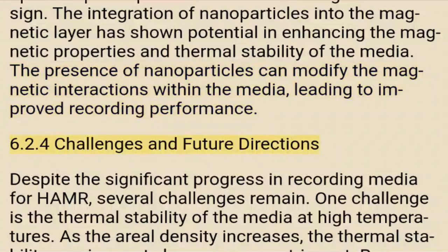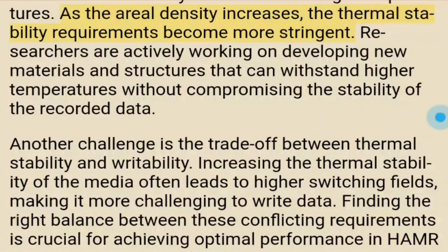6.2.4 Challenges and Future Directions. Despite the significant progress in recording media for HAMR, several challenges remain. One challenge is the thermal stability of the media at high temperatures. As the areal density increases, the thermal stability requirements become more stringent. Researchers are actively working on developing new materials and structures that can withstand higher temperatures without compromising the stability of